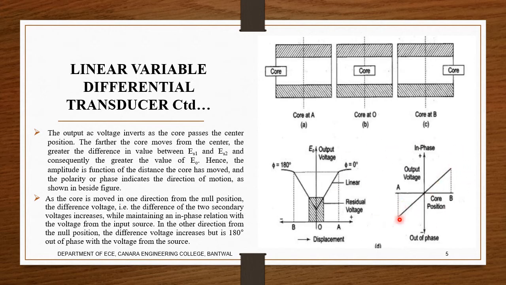So we can say that whatever voltage is generated at core position A is in 180-degree phase shift with the core position at B. So this is negative voltage generated, here the positive voltage generated at B. Okay, some are in phase, some are out of phase, we say. Okay, so that's the logic we need to understand.